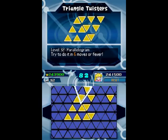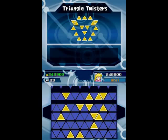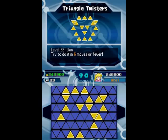If I rotate this way, and then where do you go, Mr. Peace? You go... Oh, I am stupid. You go over here. There we go! So I've beaten the high score. Excellent. Oh, it's a lion. It's so cute. Okay, yeah, I'll just keep going until I die, honestly. Or maybe not until maybe... I don't know. I need to think about this for a little bit still, but I want to...